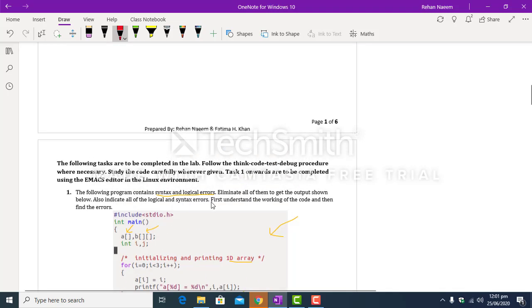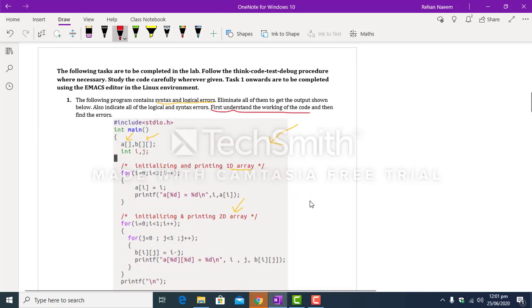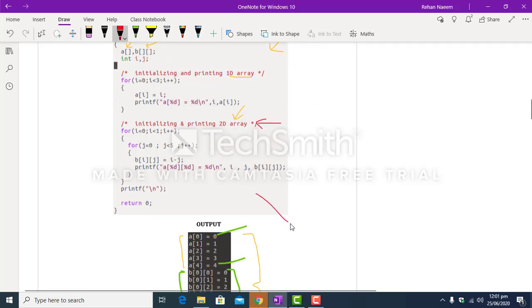Before eliminating all the errors, try to understand the working of the code carefully. This will prevent you from making unnecessary changes to the code, and also will prevent you from complicating this code.